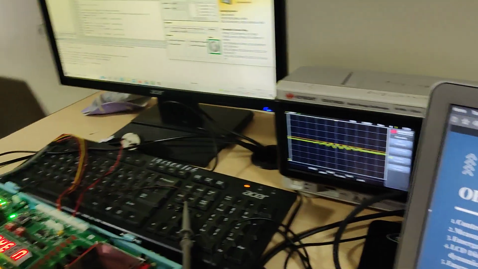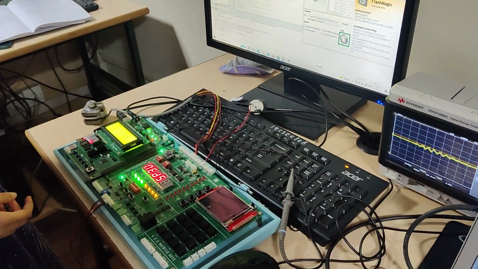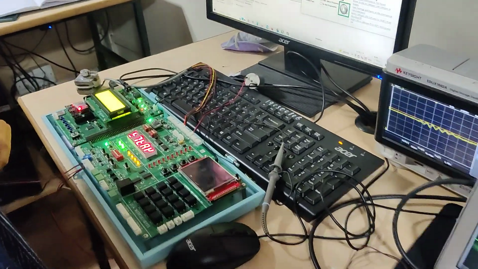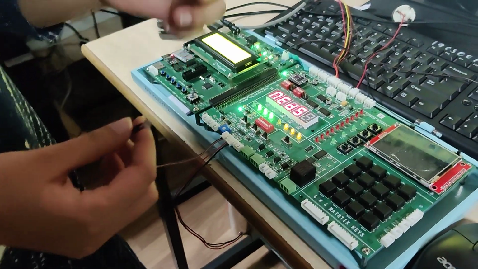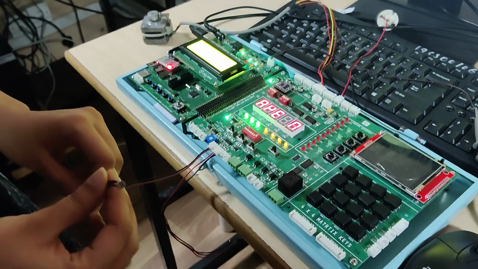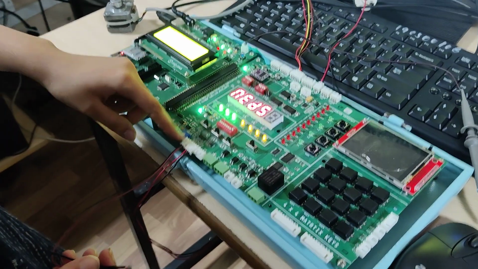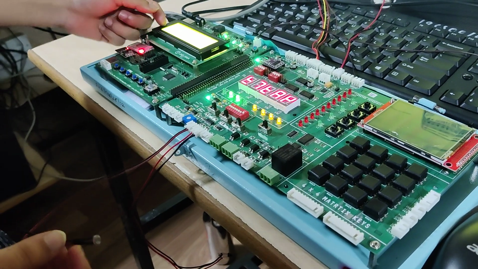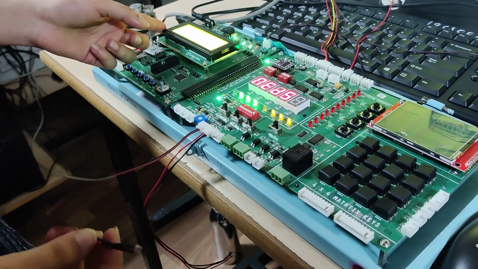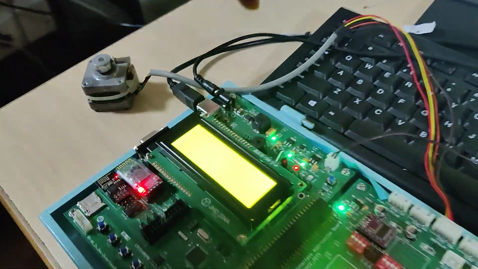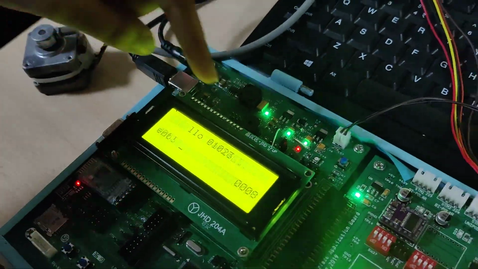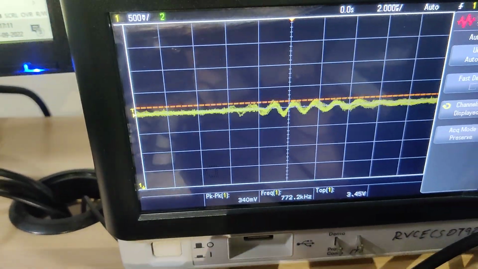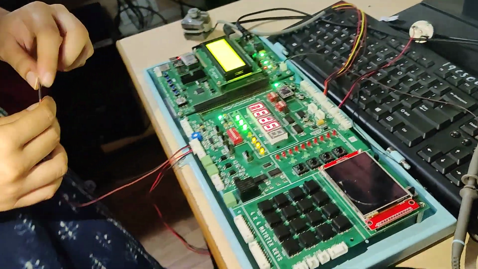So starting with the first feature, we have measuring heart rate. To measure the heart rate, we have used an LDR sensor to mimic the actions of a heart rate sensor. These values are passed through the ADC to get the digital value. The digital value is then displayed on the LCD display. Post that, the value is passed through the DAC and onto the oscilloscope. So the variations in the voltage will be visible on the oscilloscope.